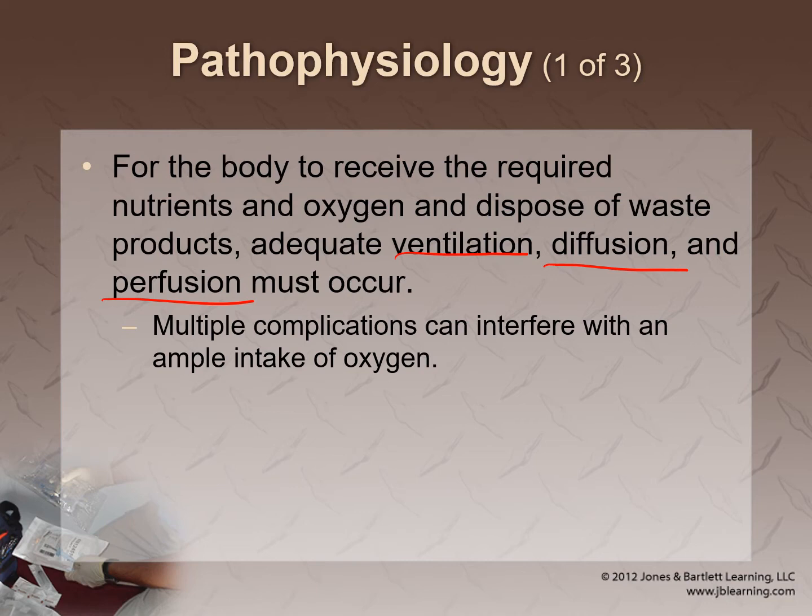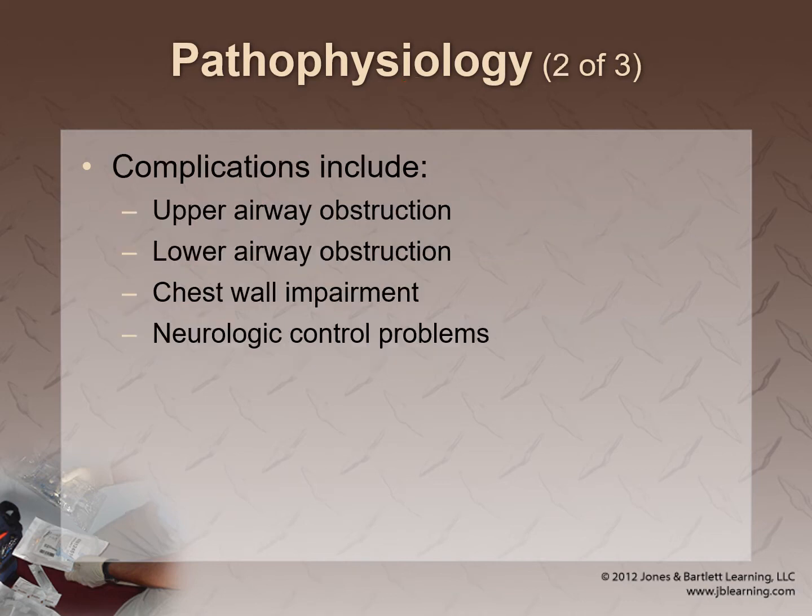And if you get a break in any, you knock any one of these out, you start having tissue oxygenation issues, which is going to be our definition of shock when we get to the shock unit here after we do airway and